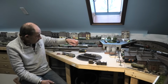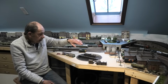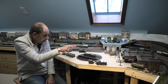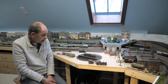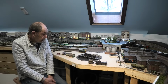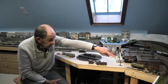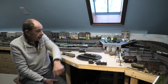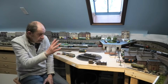So I've got a little Class 04 here, which will be used for hauling locos around the yard, and I've got an old Class 47 sitting in there looking very bedraggled, so I can use that. All these are runners, apart from the little pannier tank I've got there covered in tarpaulin, and this 08 diesel here, which is having a new engine fitted. I'll show you all this in a minute,